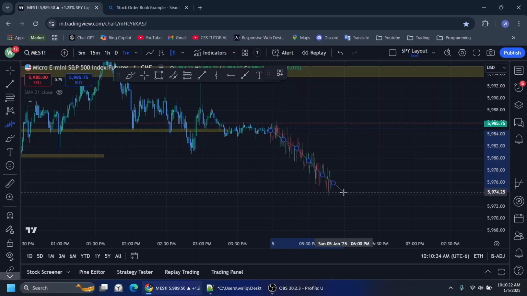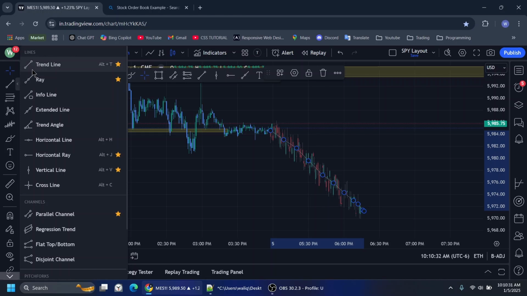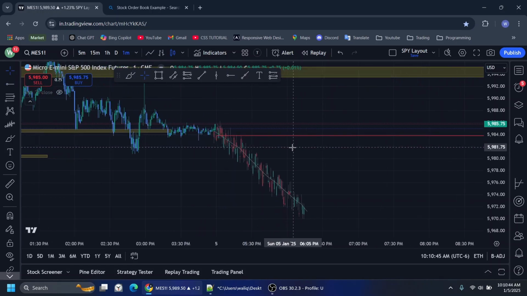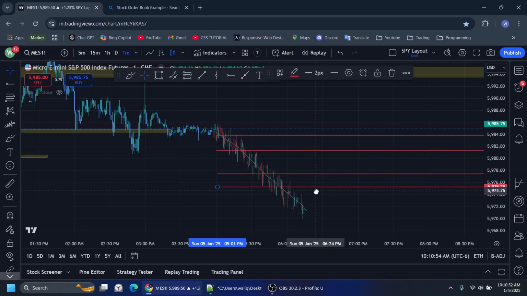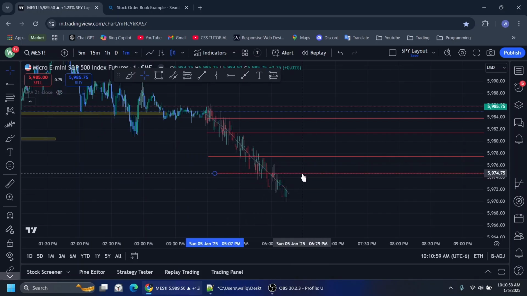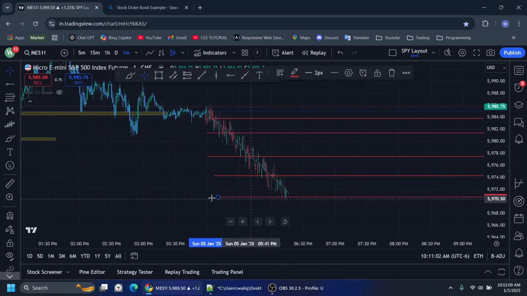If they place 10,000 shares directly at the market, not a limit order, some of their orders are going to execute maybe at this level, and then some at this level, and then some at this level, and the market is going to keep falling down